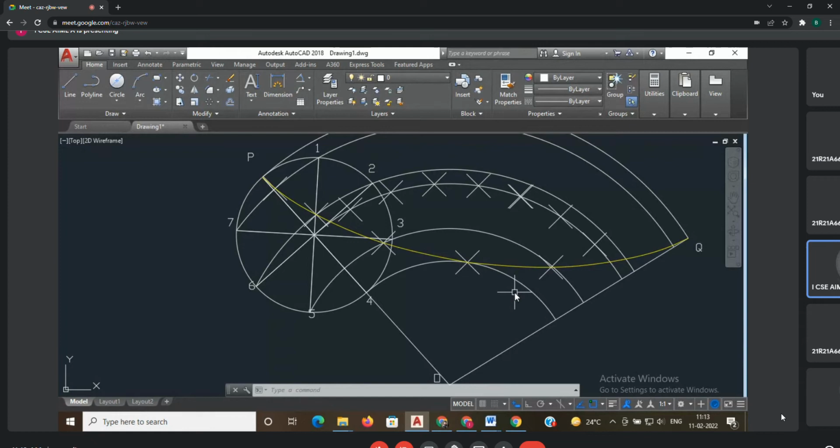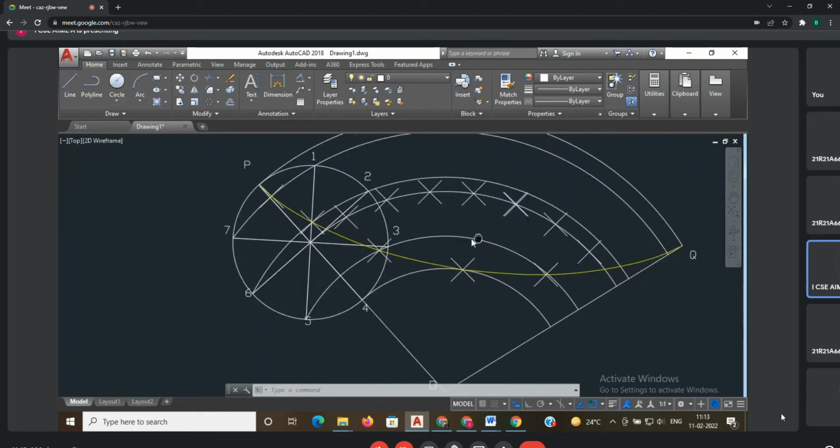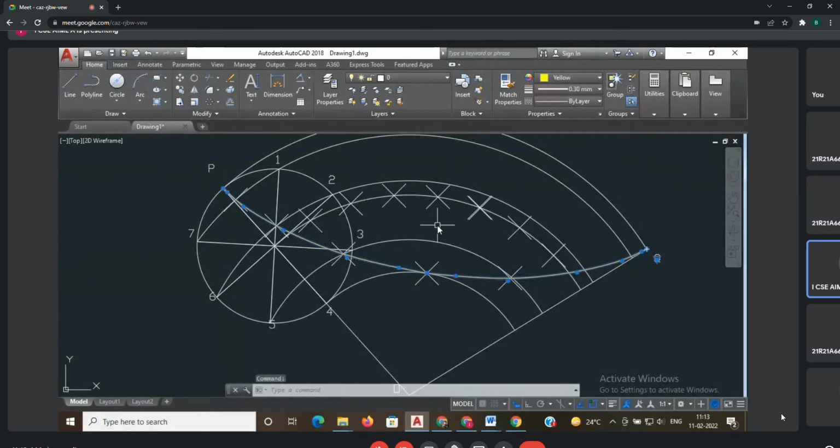Which point will you select for the tangent and normal on the hypocycloid? Within one step, you have to complete the diagram. Within one step, you have to draw the tangent and normal. For that, which point can you select on the hypocycloid? Tell me anyone. By selecting that point, we have to complete the tangent and normal within one step. Which point do I want to select if I want to complete the tangent and normal within one step?